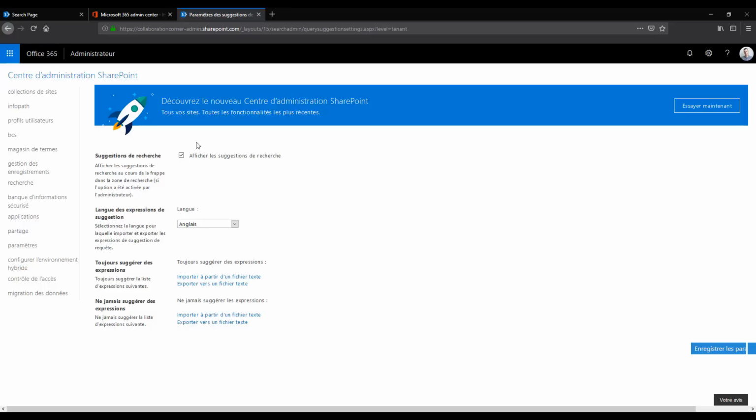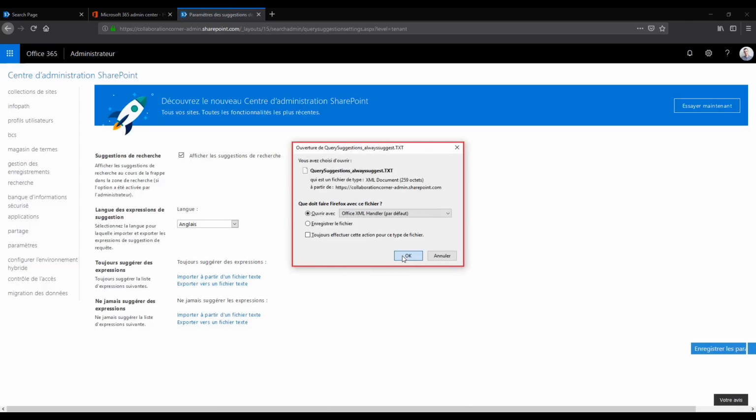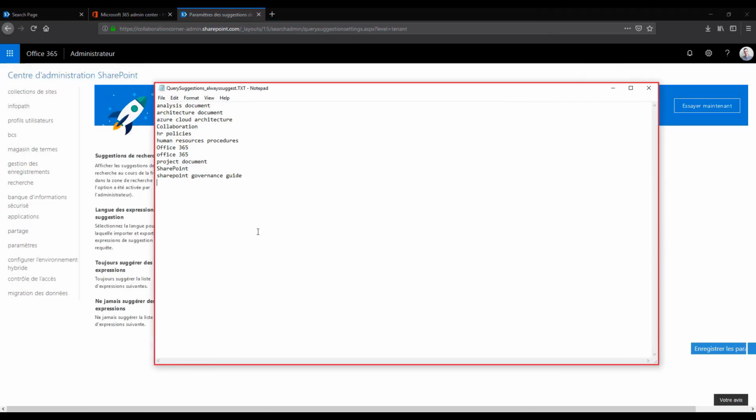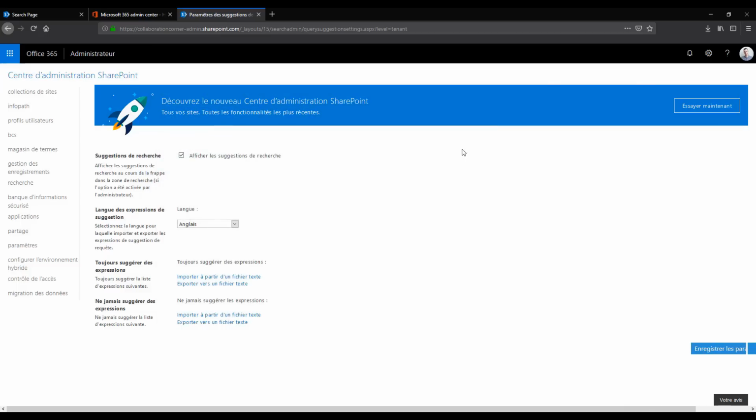The webpart only supports a static list of keywords, so there are no automatically deduced suggestions based on what you click and what you get from the results. This is basically a text file with some keywords. I have configured some keywords already. So here you go. You have some basic keywords here as a text file, and these keywords will be shown by the search box. It can take up to 24 hours to get these values for your search box,